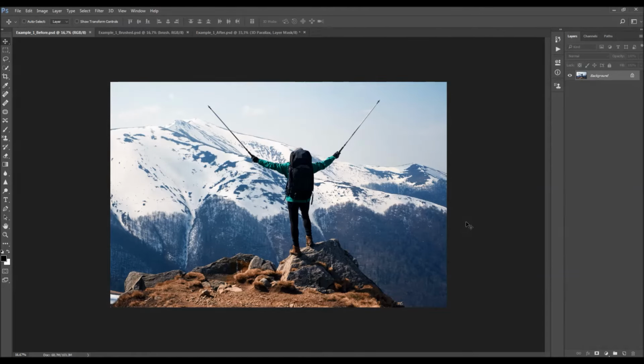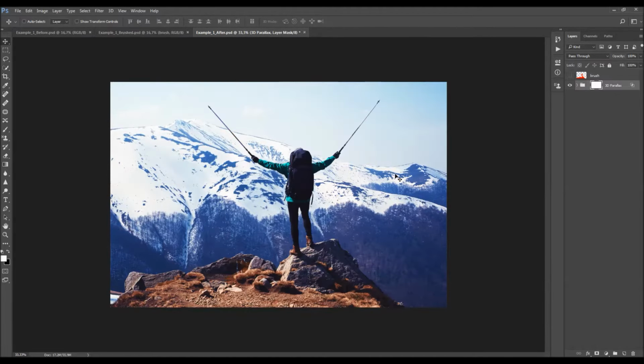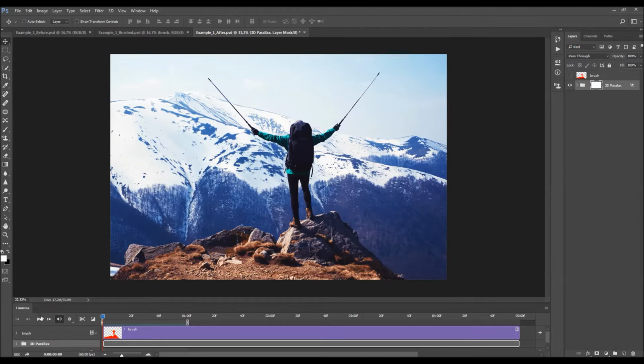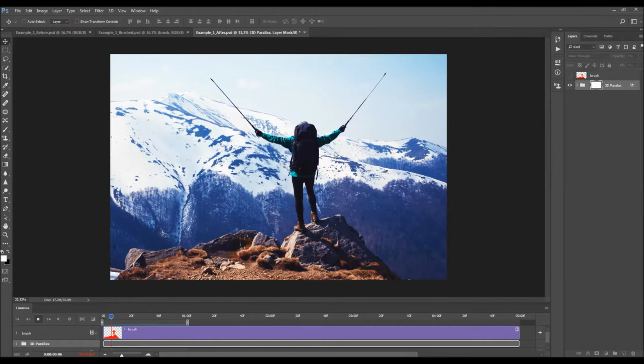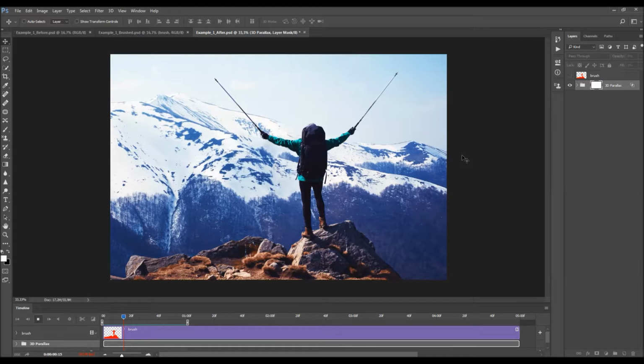In this video I'm going to show you how to use the 3D Parallax Photoshop actions. The way the actions work is you open your photo, you fill in your subject with a color and just play the action. I'm just going to open the timeline here so you can see the results. What the action does is create this 3D Parallax animated effect, and the results that you get are